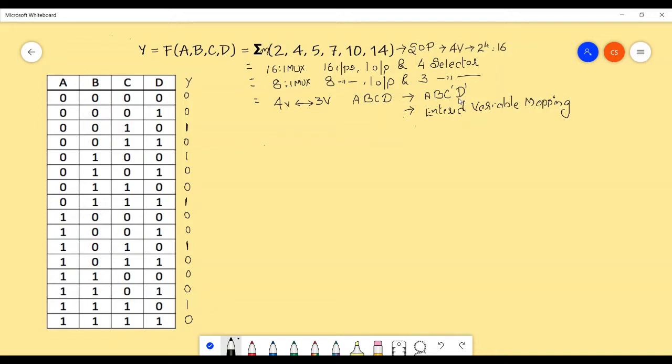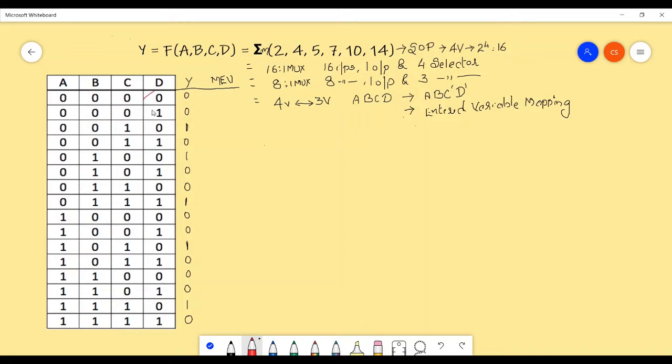So what I need to do is rewrite this particular truth table. This particular truth table has to be rewritten. So let me check how the output is going to be. Let me go with an additional column for this truth table. I'll write it as map entered variable. As I said, I'm just going to eliminate the variable D. This variable is going to be eliminated.